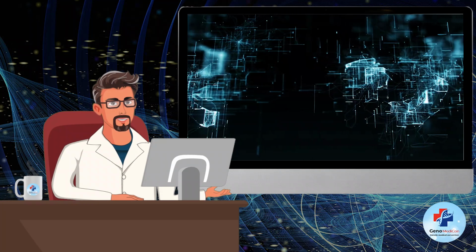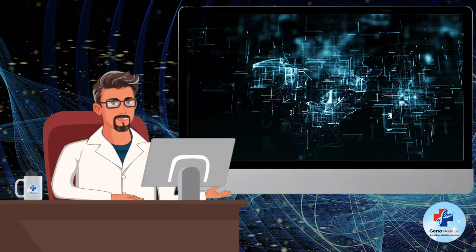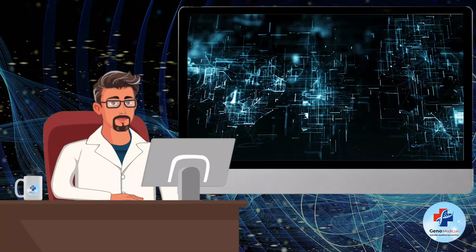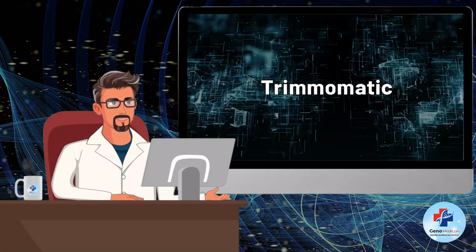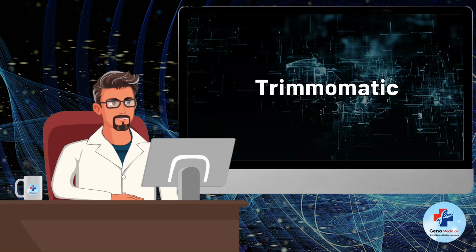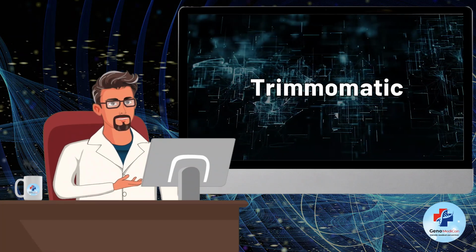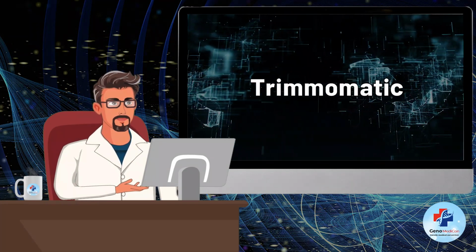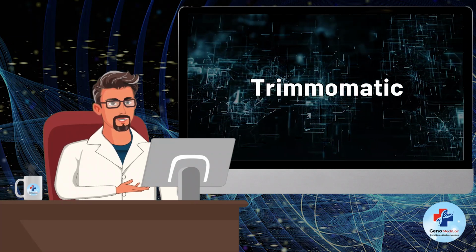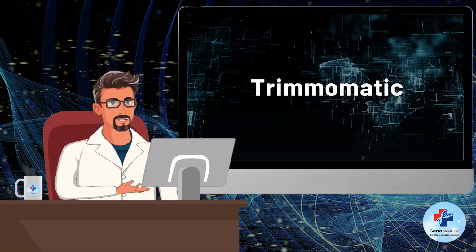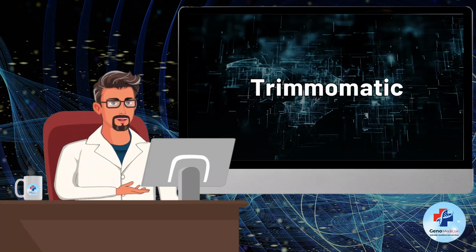When you encounter reduced per-base quality scores, especially at the extreme ends of the reads, or when there is higher adapter contamination, you can use tools like Trimmomatic to address these issues. Trimmomatic is a user-friendly tool designed specifically for trimming Illumina sequencing data. It removes low-quality bases, adapters, and other unwanted sequences, ensuring your reads are clean and ready for alignment.